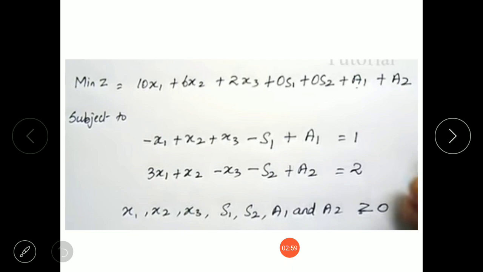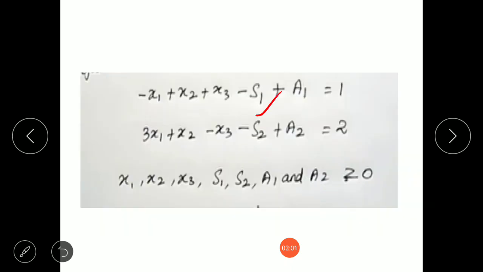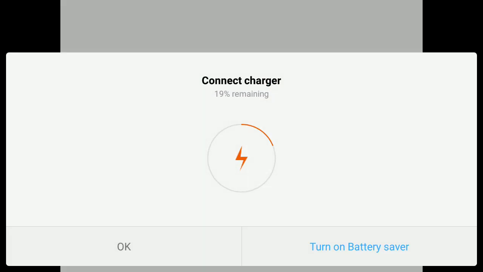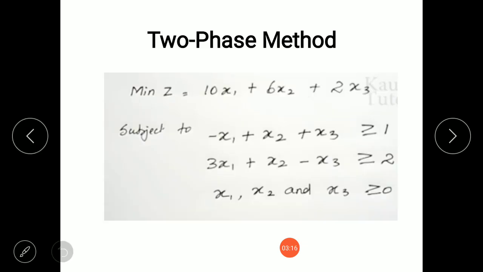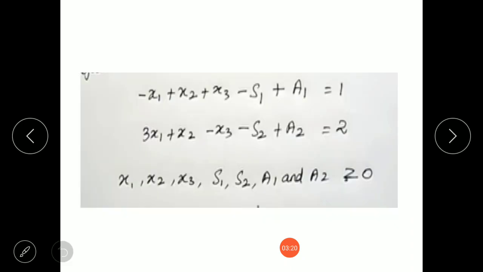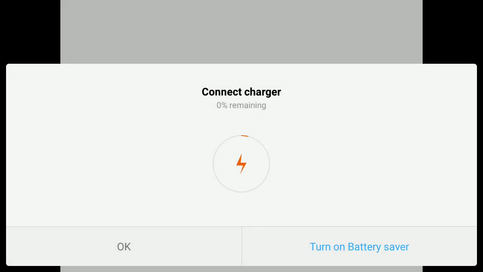Next, as we have introduced the surplus variables and artificial variables, we need to introduce those variables in the objective function also. So here the non-basic variables are x1, x2, x3. They were already given in the question that x1, x2, x3 are greater than or equal to 0. And the surplus and artificial variables that we have introduced, they are also greater than or equal to 0. Now we